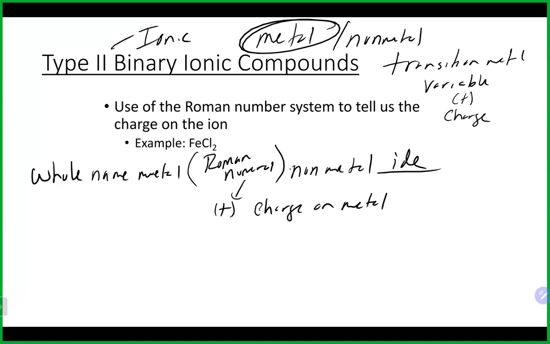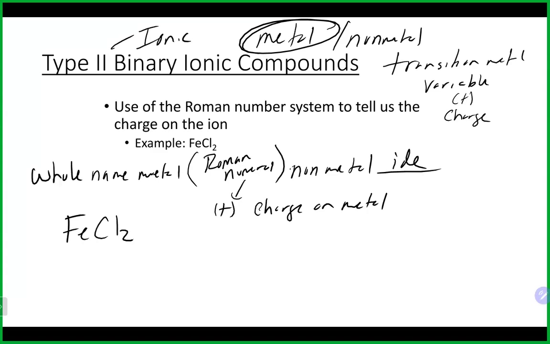Very often confused by people when they start doing this, they think the Roman numeral means how many of the metals you have. And that is not what it means. It means if you took one of those guys out, what the actual positive charge is. So that's a really important thing to keep in mind. Now, for example here, iron